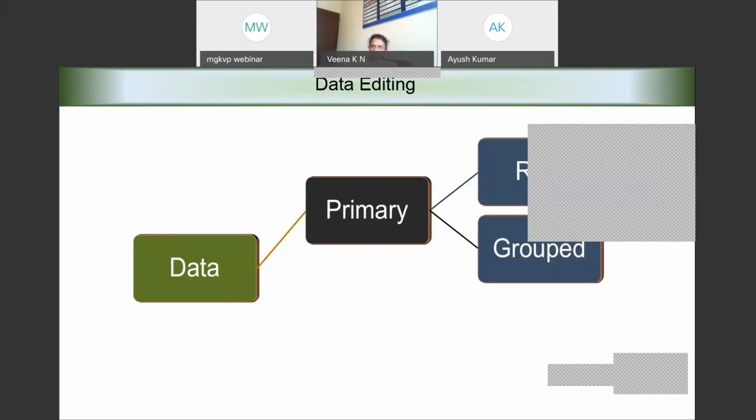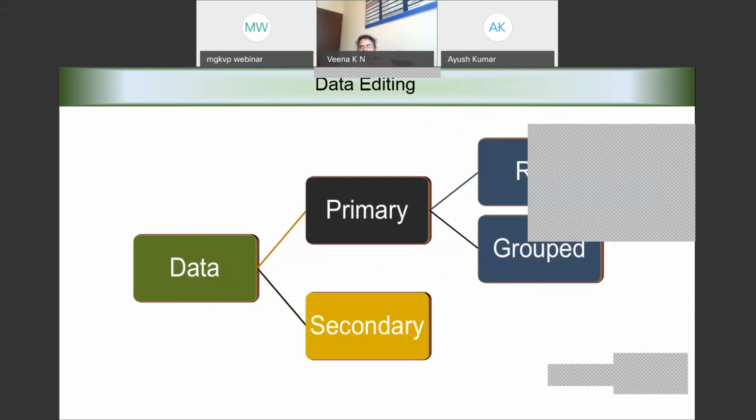You might be doing the research for the first time on that particular topic, or even if it is repetitive, you collect the data afresh after a particular time, which we might call longitudinal data, cross-sectional data, whatever. So data editing deals with these steps, and the data might also come from the other source called secondary source.